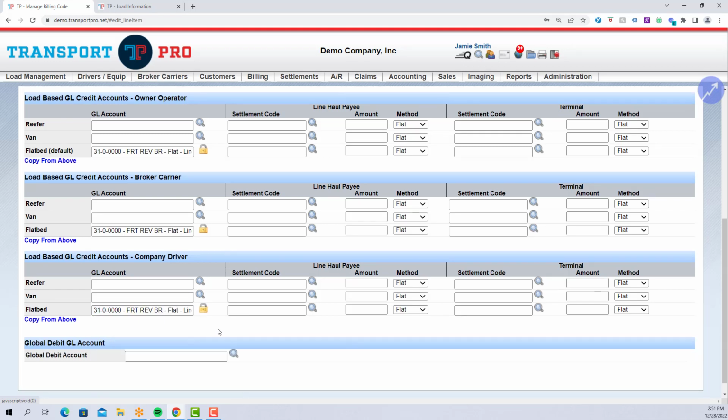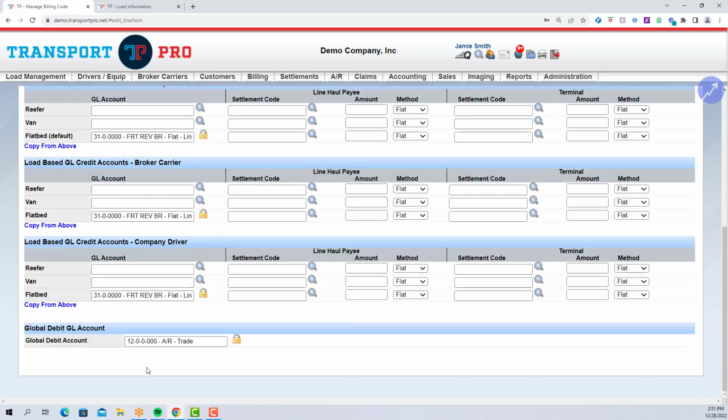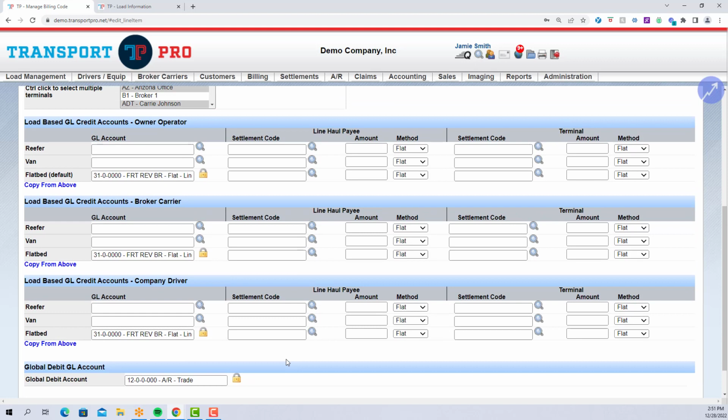For example, perhaps you wish for a certain GL account to get hit based on the type of equipment used on a load, as well as the type of dispatch, for example, company driver versus broker carrier. By default, we give you a few different equipment types here, but if you need additional options added, or you want your default option to be different than what it is, please let us know by emailing